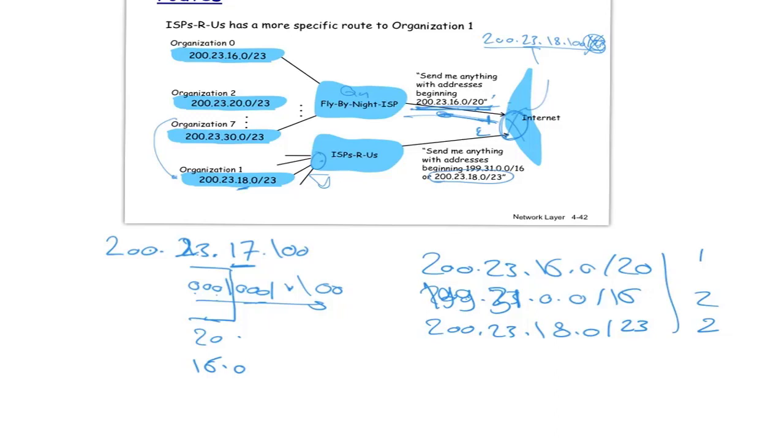Obviously, this address will not match this one. It does not match. And here it is /23. Okay? It does not match. Okay, now then,